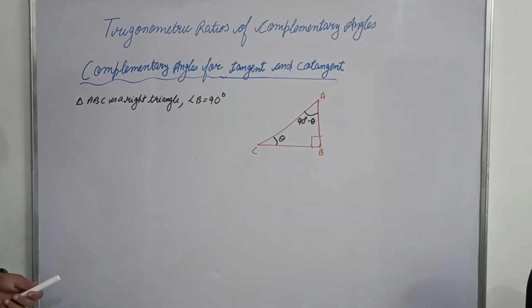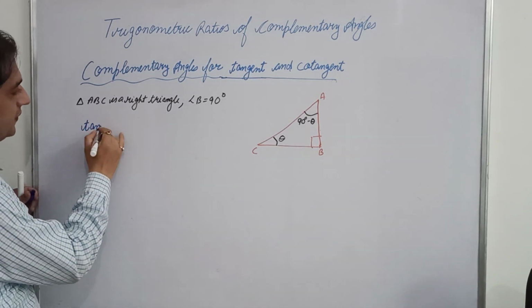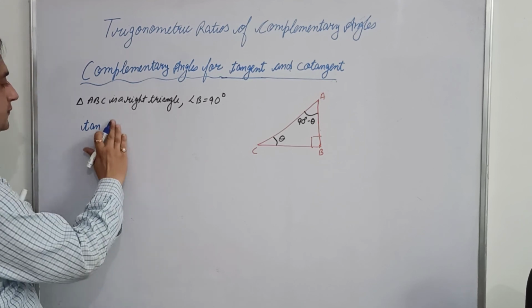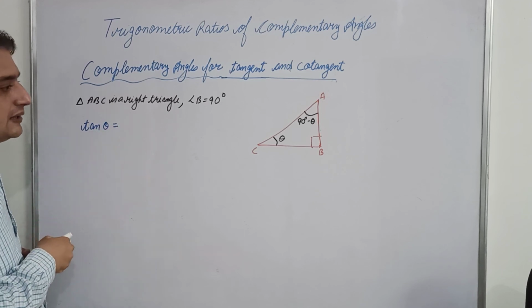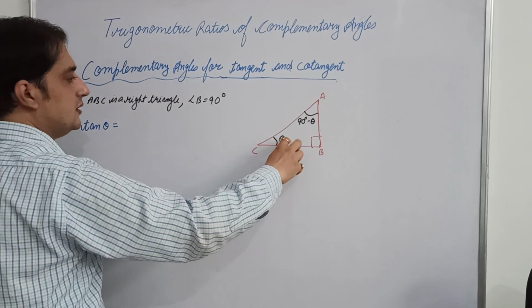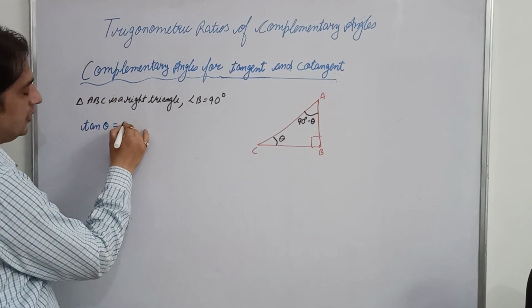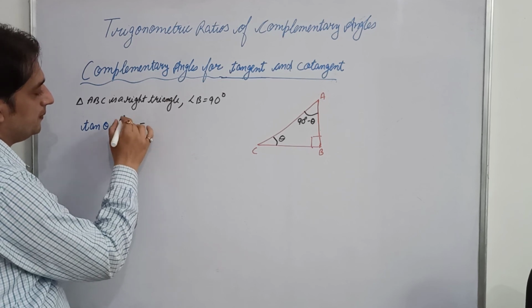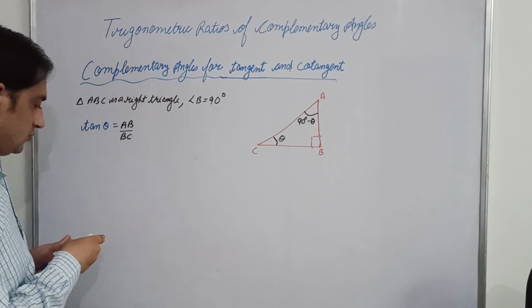Now find the T ratios, that is tangent, for the first acute angle, theta. So what is tangent theta? You know that tangent theta is the ratio between the perpendicular and base. See, with theta as the angle of reference, the opposite side is the perpendicular and the other side is the base. So here the value is AB upon BC, perpendicular by base. This is the value